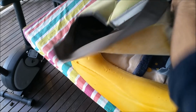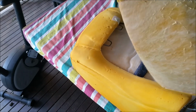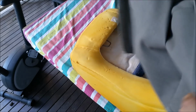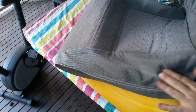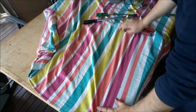So that's cool. And then all we need to do with this guy, and this one might not be suitable to use because it's so stretched, but all you really need to do with that, I'm nearly finished, is stick it in the wash and just see how it comes out. But I'm sort of tipping it's not going to be fantastic in that area there because it does look a bit stretched. There's that one. The bottom one,